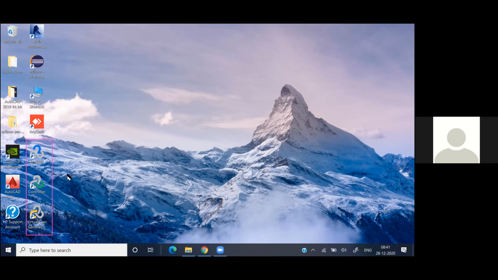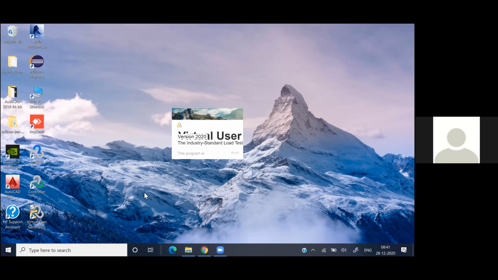And one more thing. This is a trial version, so you can see that as well. But before that, let me launch VuGen. Let me launch these components and verify whether each of these is working fine or not.